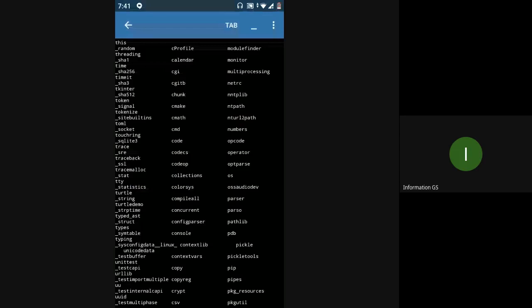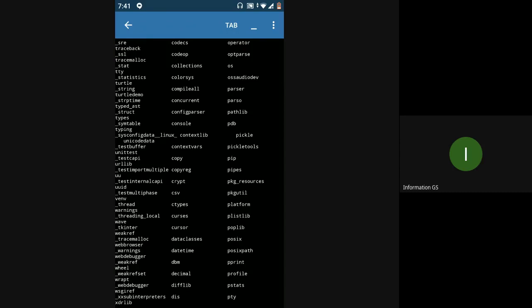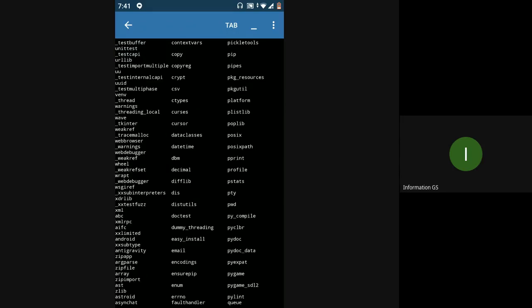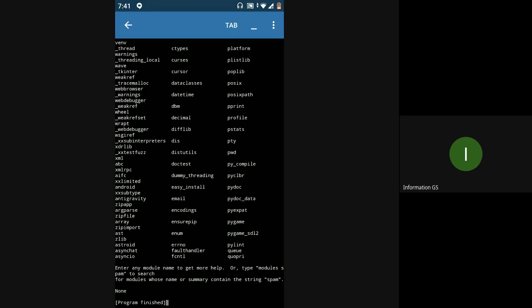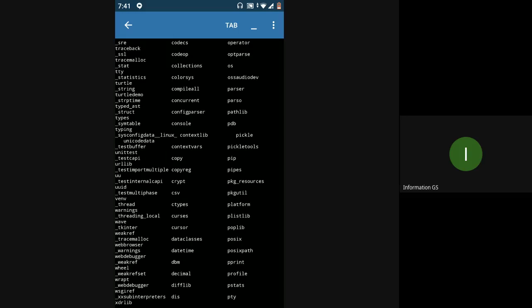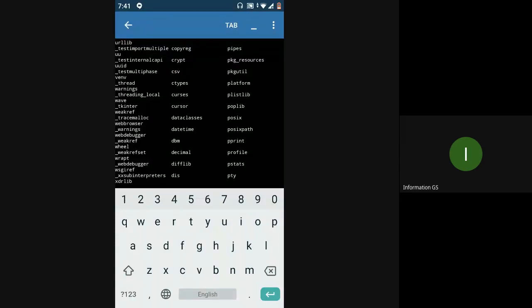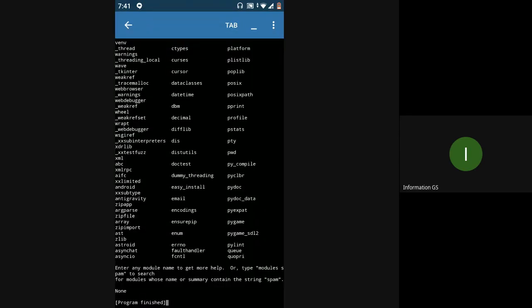Whenever you want to import any module and use it, you will first have to check what the module does and what functions are present in it. So I think a quick Google search can help in this case. If you want to check what is present inside the pickle module, you can Google search and check what functions the pickle module can execute for you.